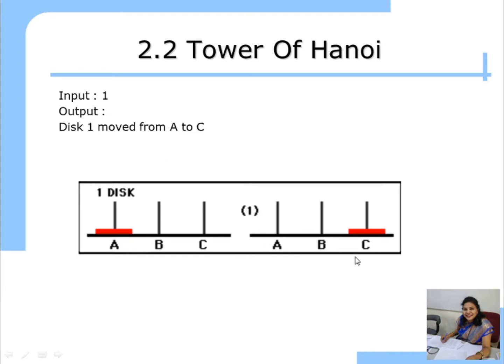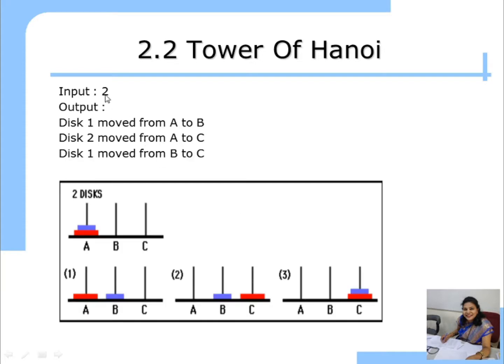Now let us increase the disks. If there are two disks, how can you move both of these disks to the destination pole? The source pole is A. Your aim is to move disks 1 and 2. Remember the smallest disk is 1 and the largest is 2. So you are going to move disk 1, that is blue, and disk 2, that is red, to pole C, that is the destination pole. To move these two disks to C, keep all three rules in mind.